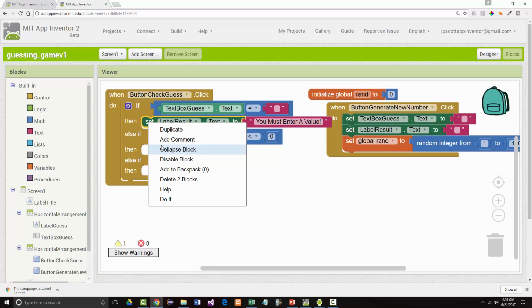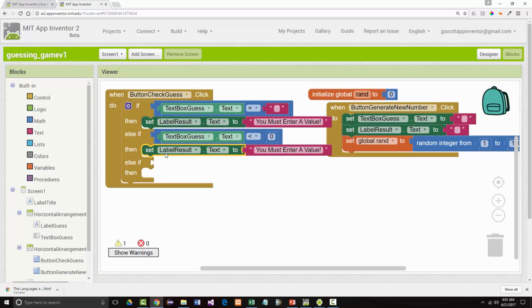Then we'll duplicate this, and we'll have it say, if that's the case, all right, so if it's blank, then set it to you must enter a value. If it's less than 0, you must enter a positive value. All right? I can already tell we're going to need at least one more else if in here,